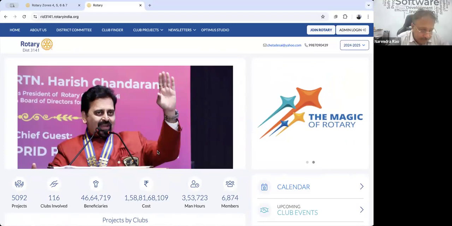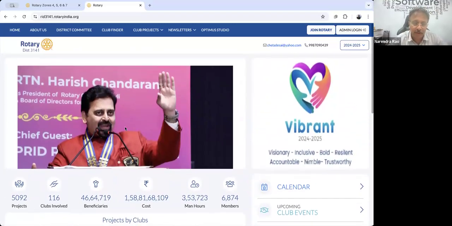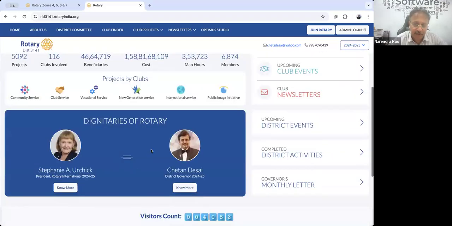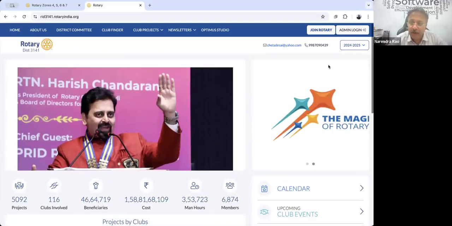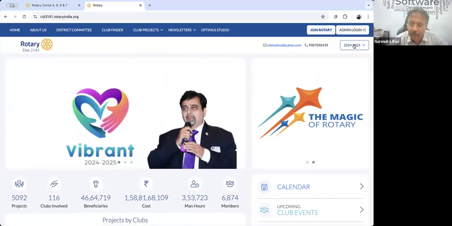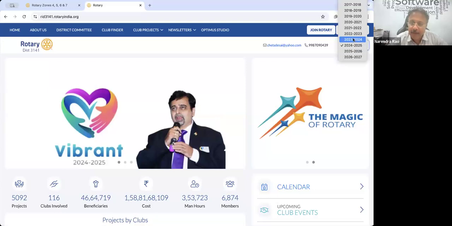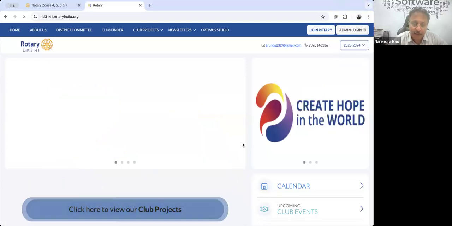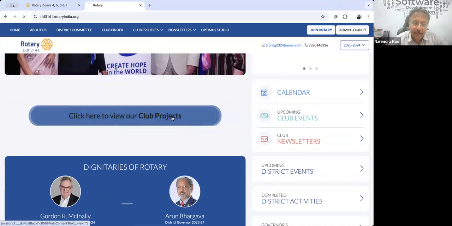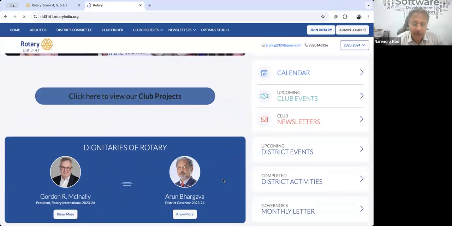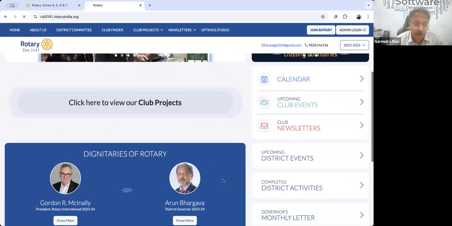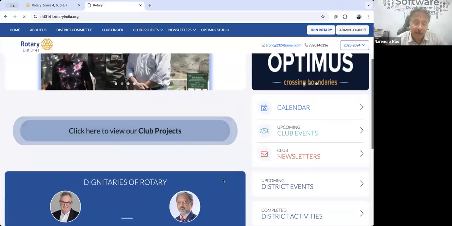So now you can see it. Now, I just said the data is a permanent data bank. You saw this number, you saw this photograph of the governor Chetan Desai and the dignitaries of Rotary. Can you see a year here on the top, 24-25? Imagine I change it to 23-24. Now it shows the story of Arun Bhargava, who was the governor for 3141 in the year 23-24.